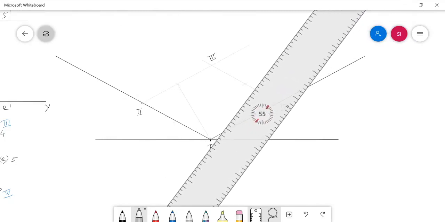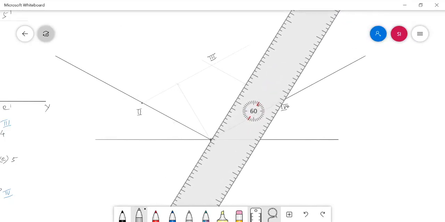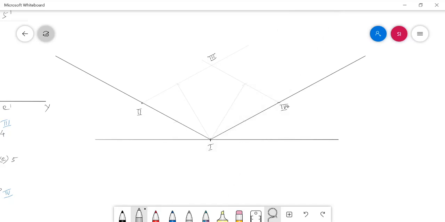And connect this way. After that, draw lines from point number 3 towards the centers of 1 2 and 1 4.